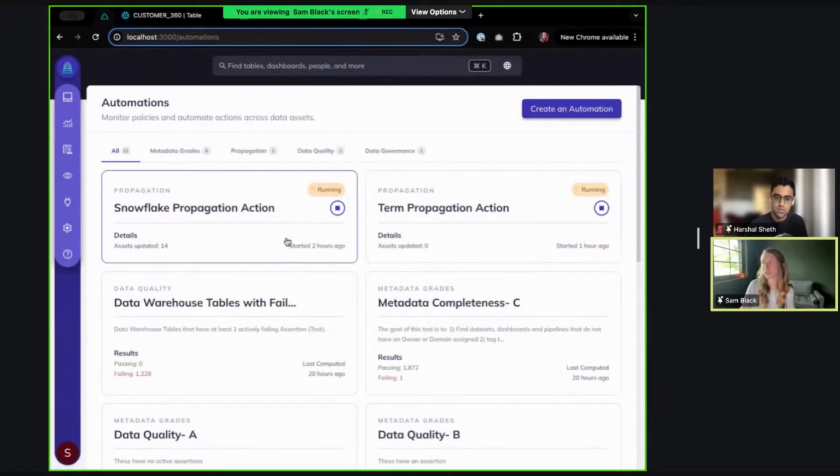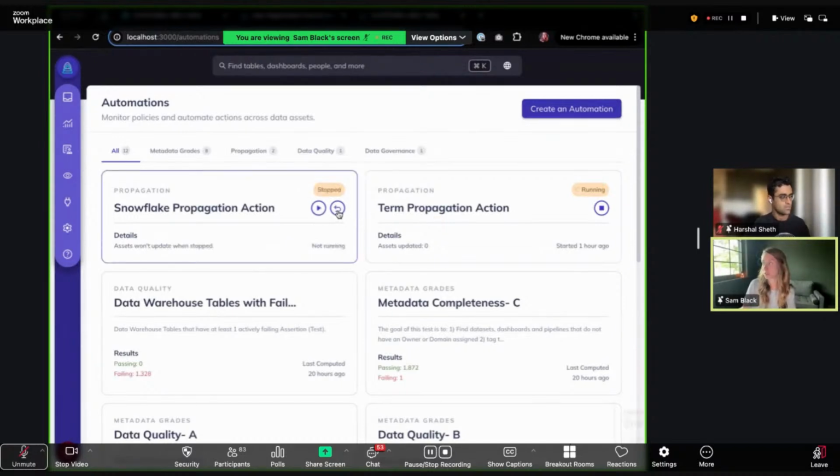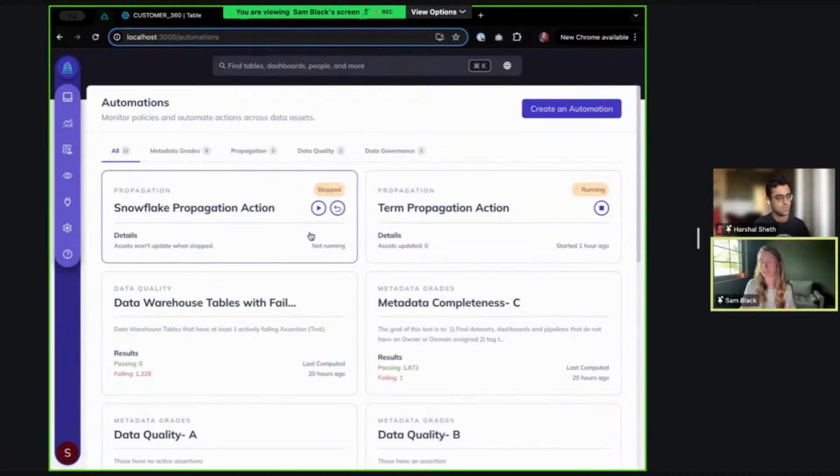And once they are created, you'll be able to manage their current running state from this page. So we currently have Snowflake tag propagation and term propagation actions running, which these two together allowed us to move that glossary term from the user registration events data set into the Snowflake bucket. Since they are currently running, you can also stop them, and they will stop moving those terms down to their child